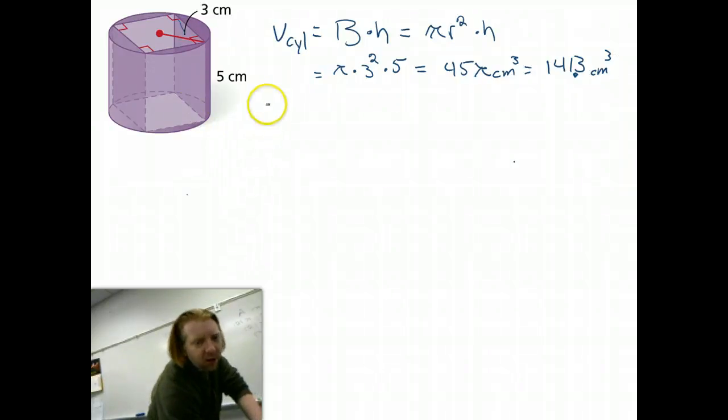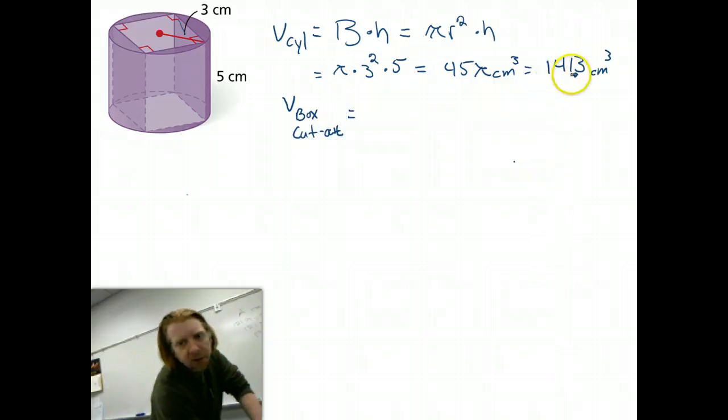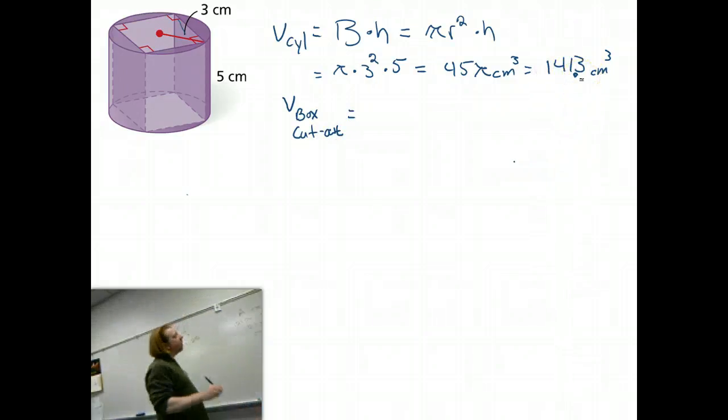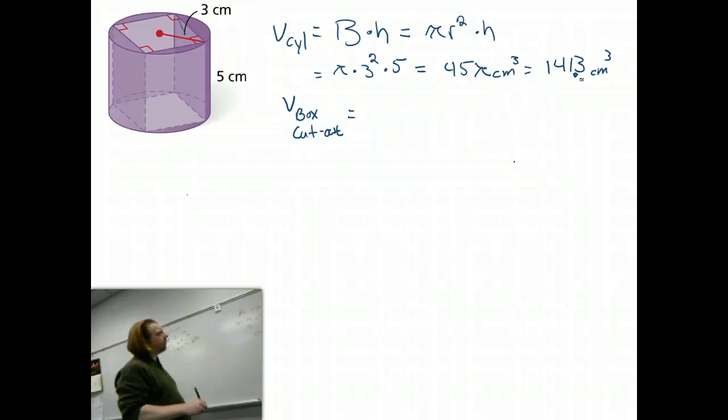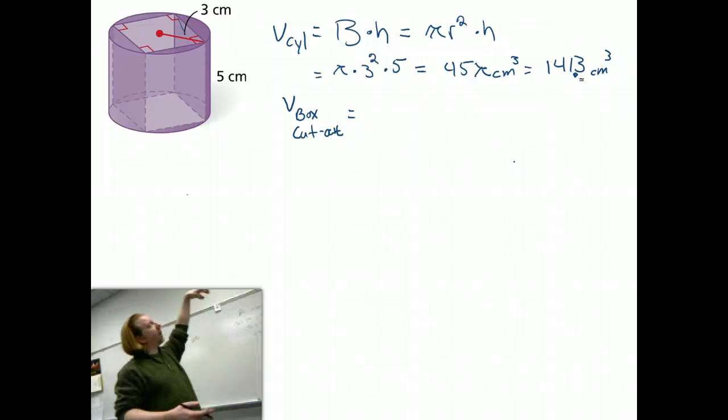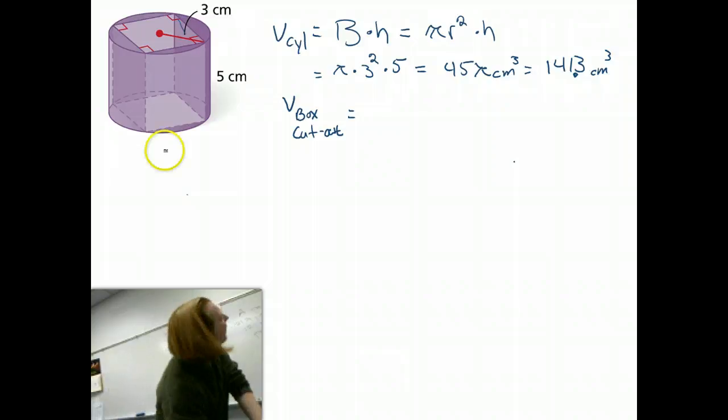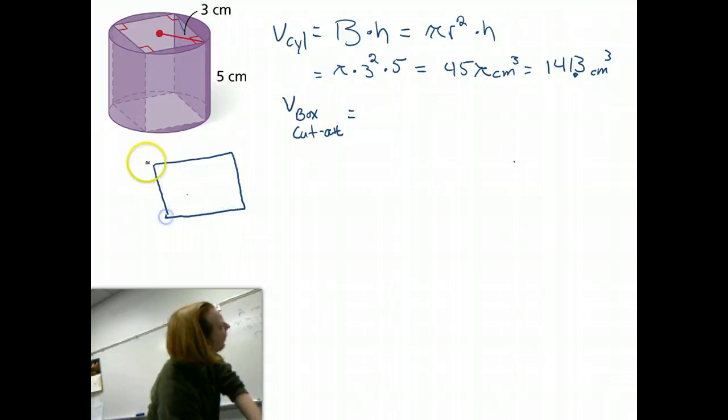Now I've got to worry about the volume of the box. The cutout. The middle square that's been carved into the cylinder. Now, here's the kicker. I'm going to draw that box. This is the hole I've cut in the top of it. So if I look at the top of my shape,